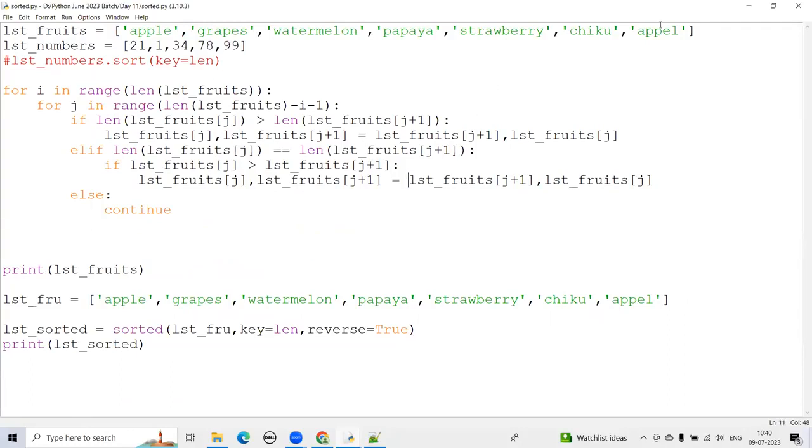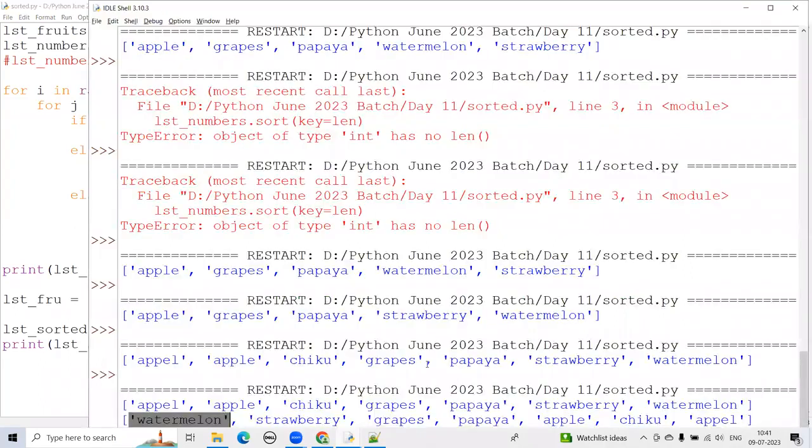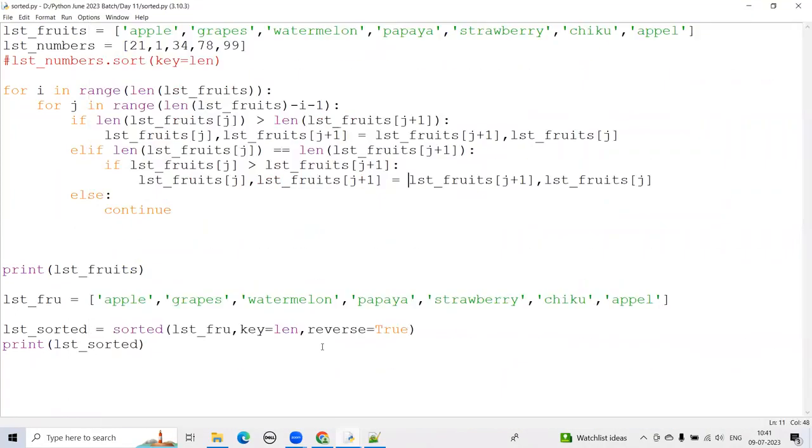Like, if the length is same, we have to sort it by the character then. You don't have that flexibility here. Is this clear, guys? How we can use the sorted function in this? Yes. Okay, now I have,